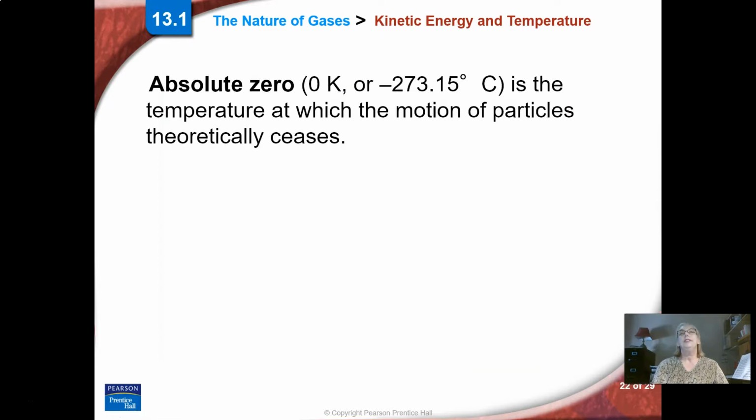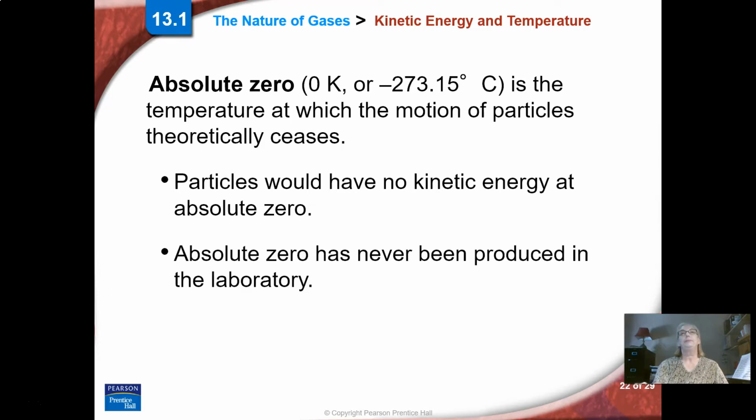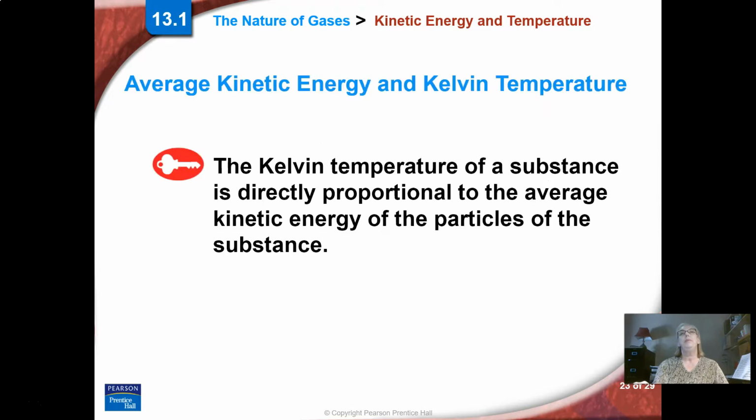So when we talk about gas laws, we always use something called absolute zero. We use degrees Kelvin, which is a measurement of motion. At 0 degrees K, if we could get to that point, which is the same thing as this in C, we would have theoretically no motion. It's hard to do that in real life, so we've gotten close. But particles with no kinetic energy would have absolute zero, so it would have a 0 degrees Kelvin number. We've never been able to get there, but we've gotten pretty close in real life.